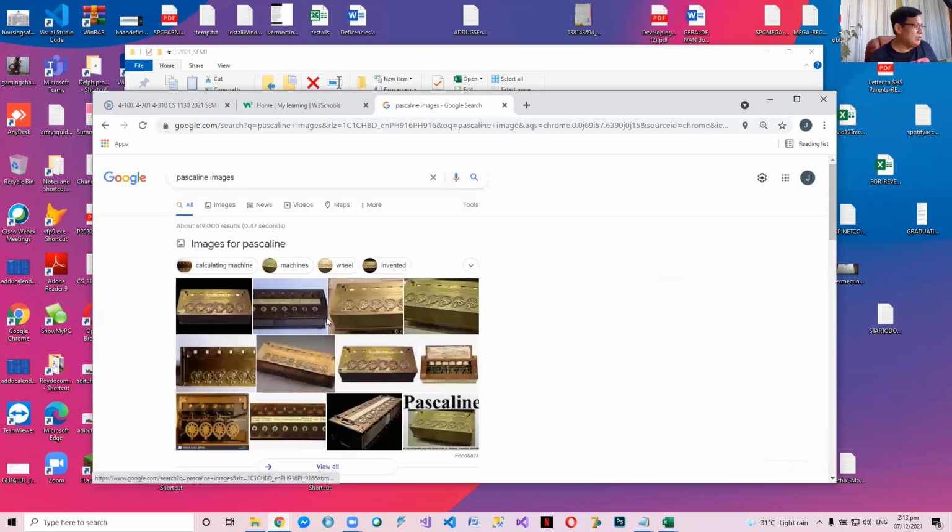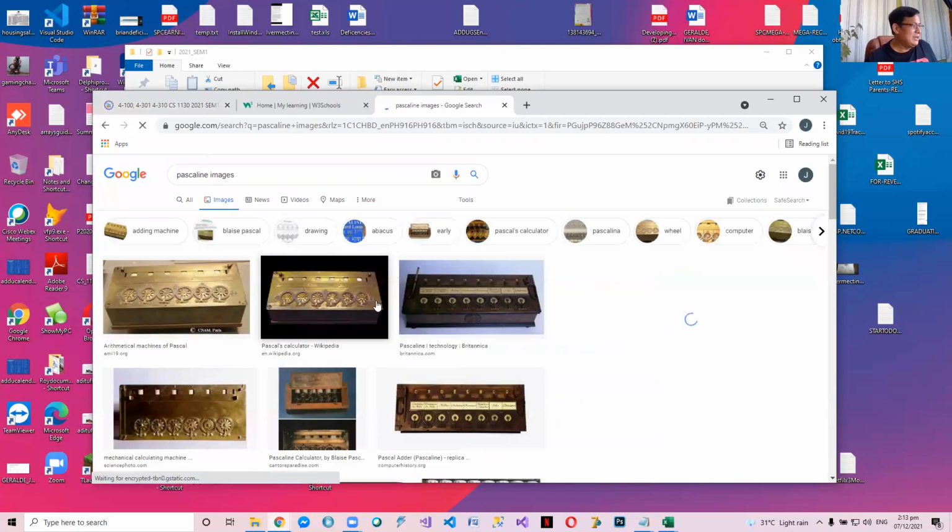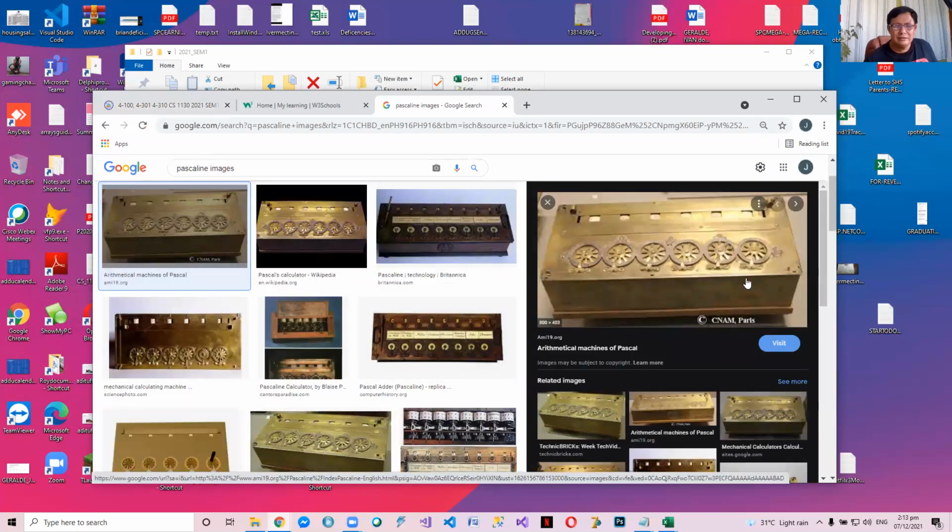So this is what the Pascaline looks like. Can you all see that? There are no keyboards. In order to compute, you have to make use of wheels. I think each wheel can represent 10 digits. So this is the digit of ones, the digit of tens, and so on. To do addition, you have to turn the wheels clockwise. To do subtraction, you have to turn the wheels counterclockwise. So that's the invention.